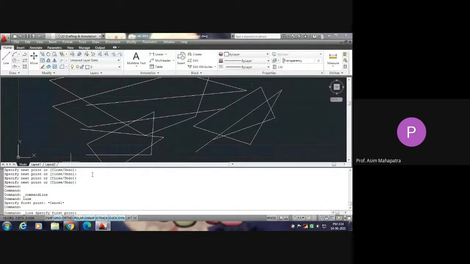This command line is very helpful in the sense that it will guide you through the total process of completing the drawing. I will show you how this command line will guide you properly.